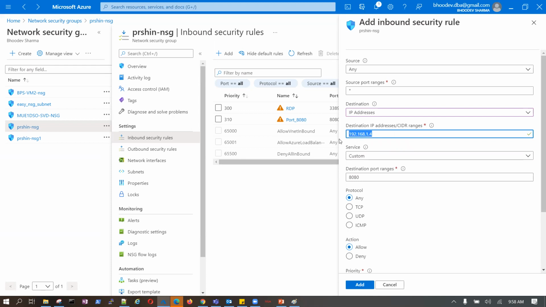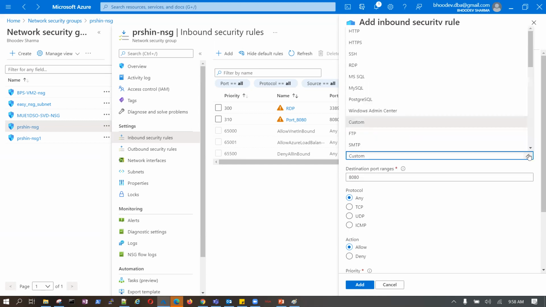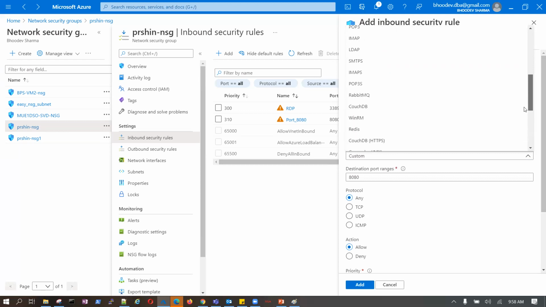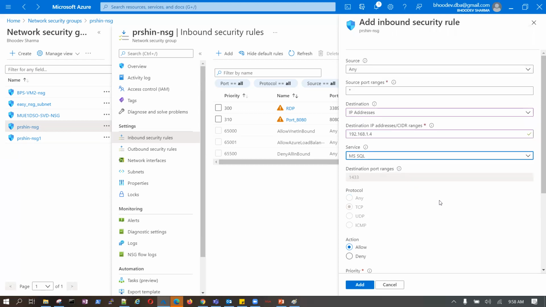What is the service you want to use on this IP address? See, you need to tell it to open the port. So if I go to custom, is this HTTP, HTTPS, SSH, MS SQL, or an Oracle? Let's say this is MS SQL, 1433, right?